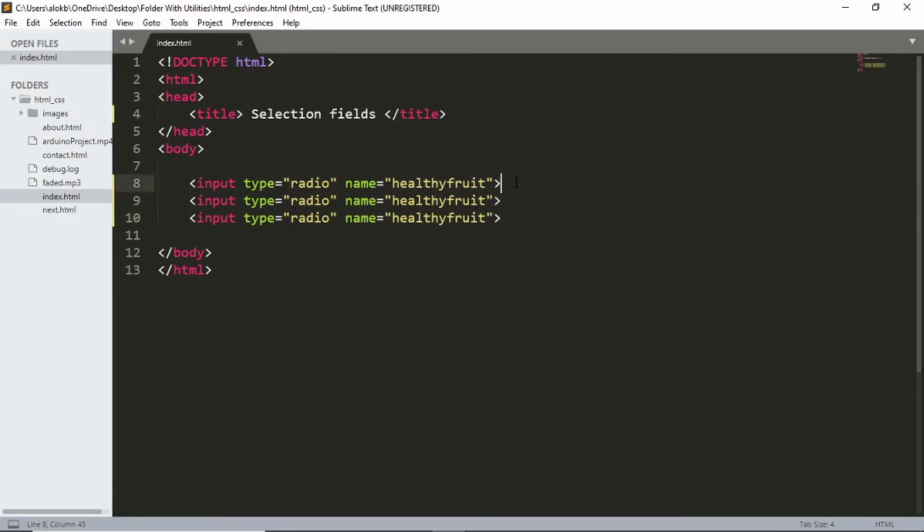Now let's label our radio buttons. Label apple, label mango, label grapes. Let's associate the label with the radio button. For apple, ID apple.